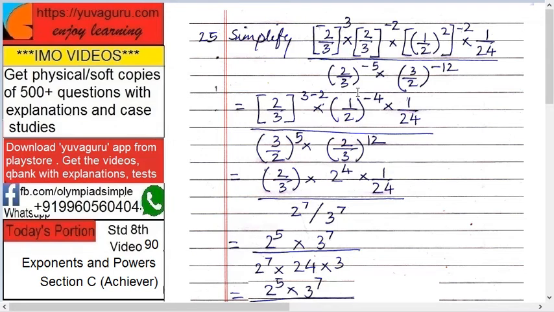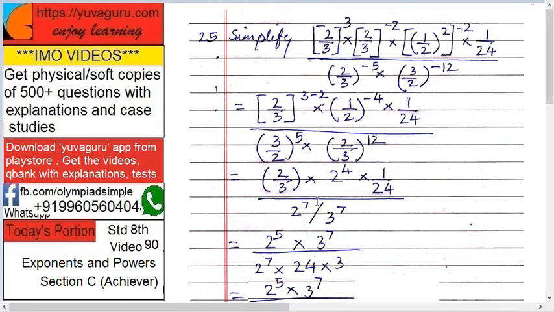Okay. Next, 2 upon 3 raised to 3 minus 2 is 1 as it is, then 2 upon 3. Then here 1 upon 2 becomes 2 upon 1, that is 2, and raised to 4 because minus 4 becomes plus 4, into 1 by 24. Then this 2 raised to 7 upon 3 raised to 7. How come? See this, 2 raised to 5 below and 2 raised to 12 above, in the denominator only. So 5 and 12, 12 minus 5 is 7. Similarly for this, 3 raised to 12 below, 3 raised to 5 above. So bring 3 below. So it becomes upon 3 raised to 7.